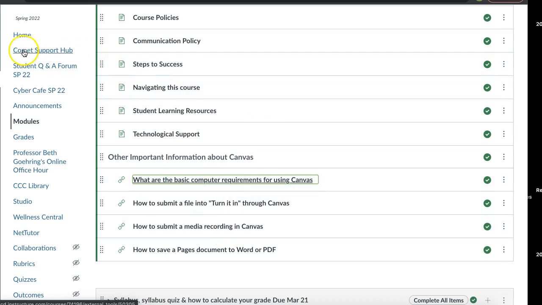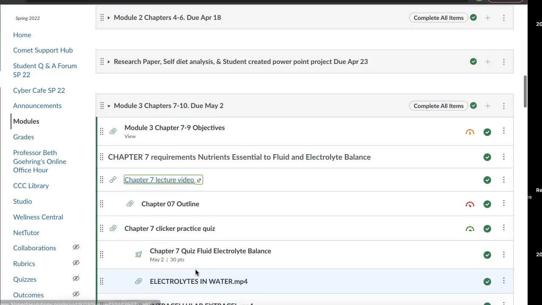We also have over here on the left, it says Comet Support Hub. Now this is a really good list of support systems that we provide here on campus to help you succeed. So please make sure that you look through these different services to see if you could benefit from any of them. As you come down here, the next module is